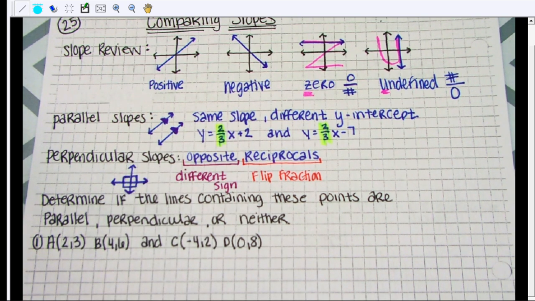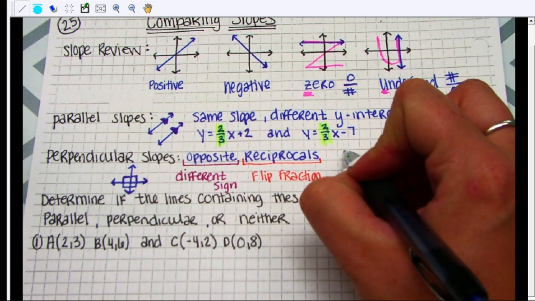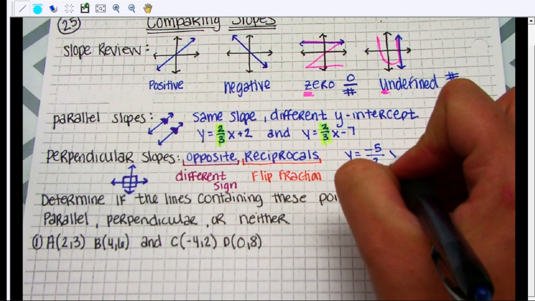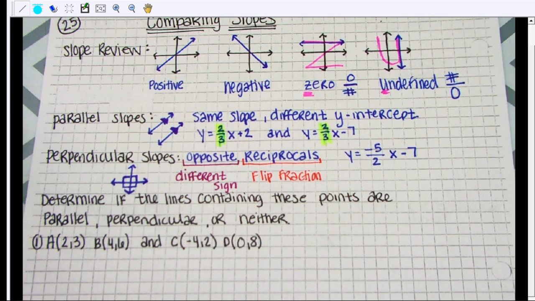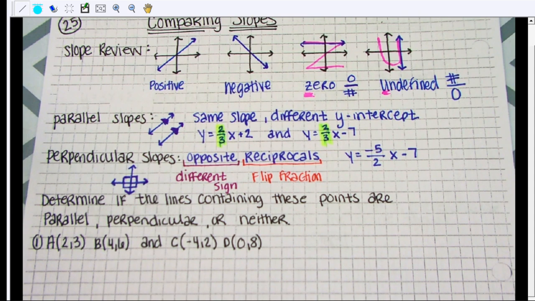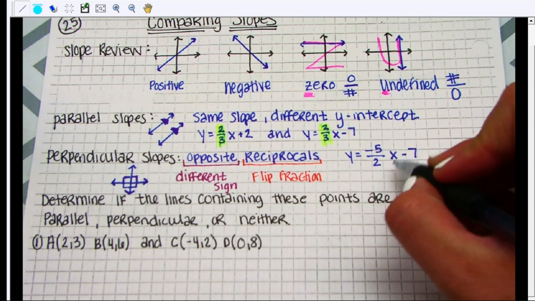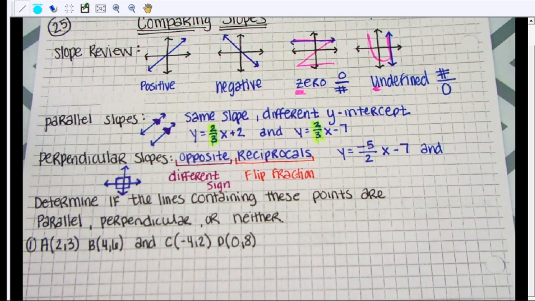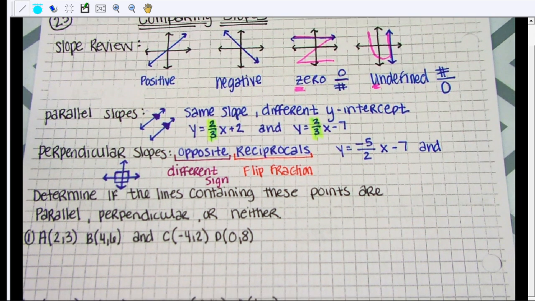So some examples of opposite reciprocals. Let's say we had the equation y equals negative 5 over 2x minus 7. And I'm just making up an equation. Negative 5 halves x minus 7. For a slope to be perpendicular to negative 5 halves, I need the equation of my next line